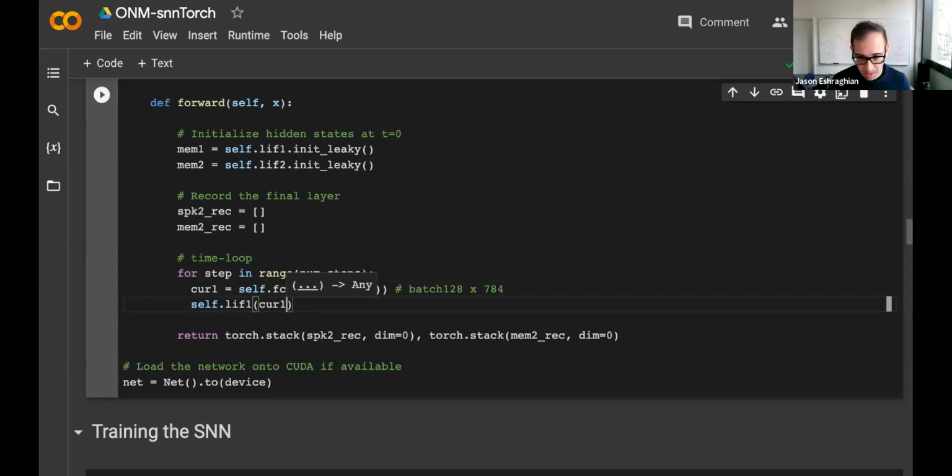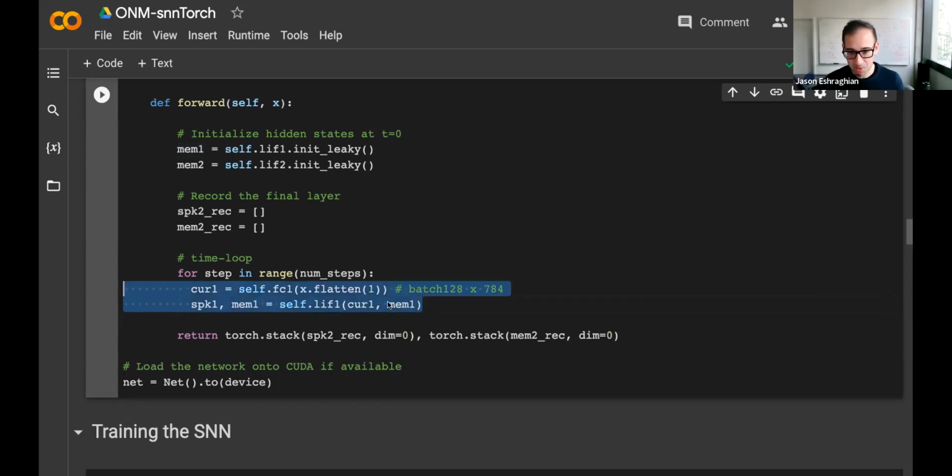We're going to excite it with current 1, but we also need mem1, the initial membrane potential. And that's going to return 2 variables, like I said: spike 1 and mem1. Spike 1 will be 1 if the membrane exceeds the threshold, and spike 1 will be 0 if the membrane does not exceed the threshold.